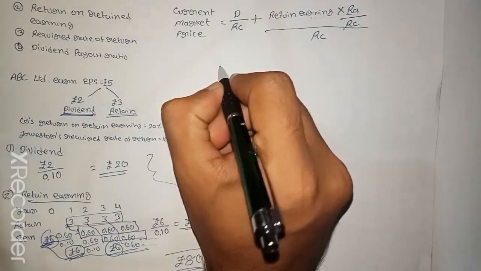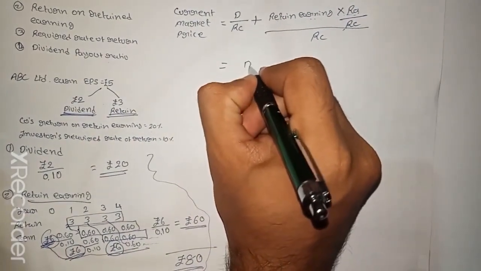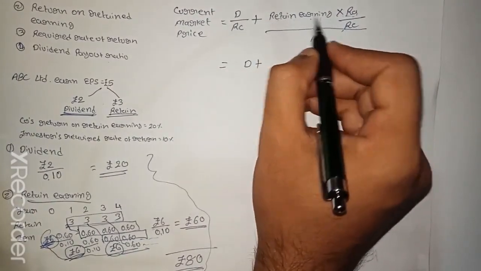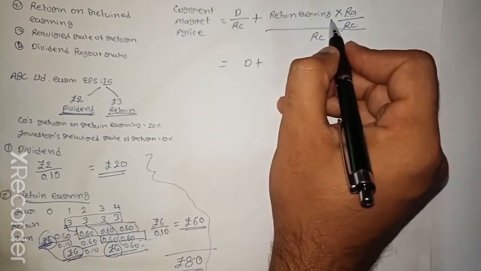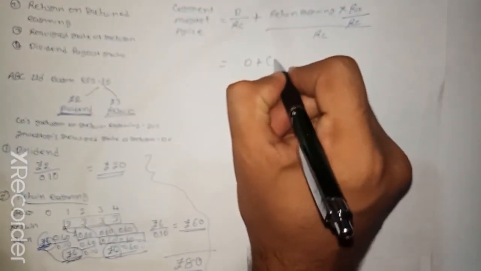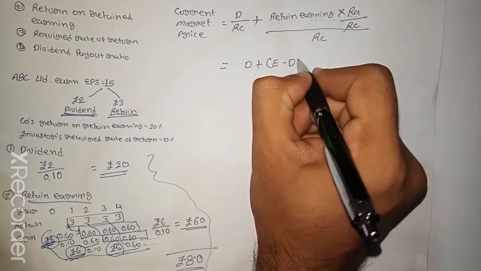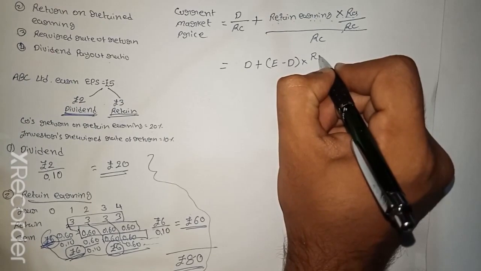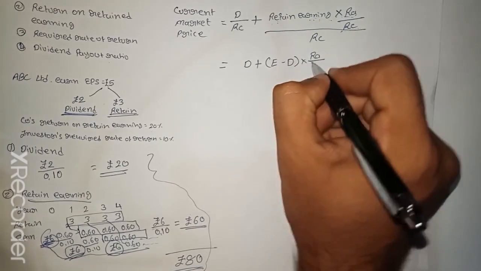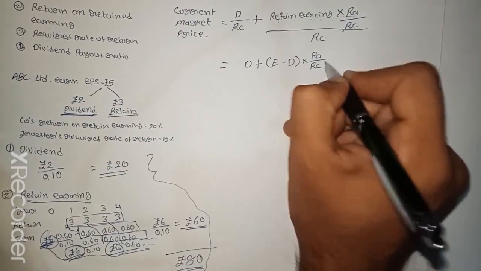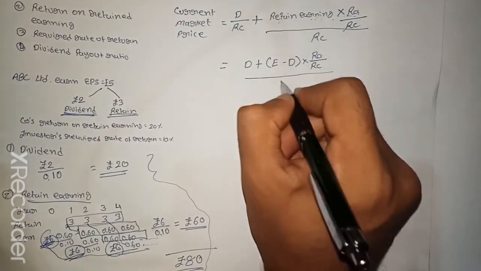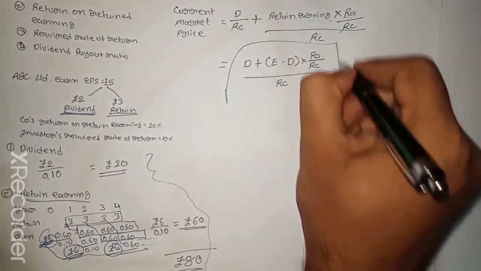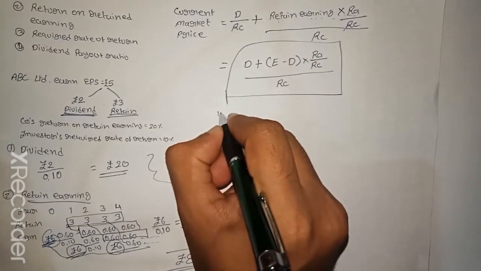Now, can we say dividend plus, instead of retained earning, EPS minus dividend, multiplied by return on retained earning by the company divided by required rate of return, whole divided by required rate of return. This is the formula of Walter's model, where